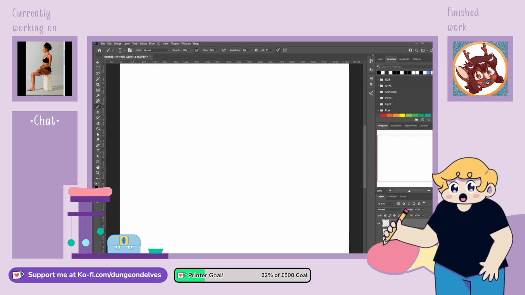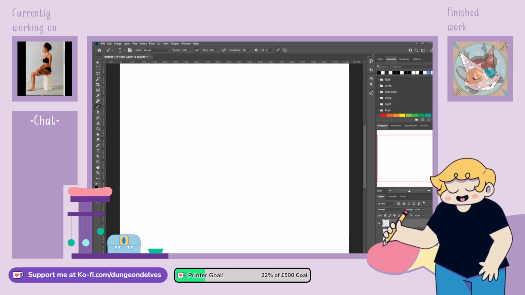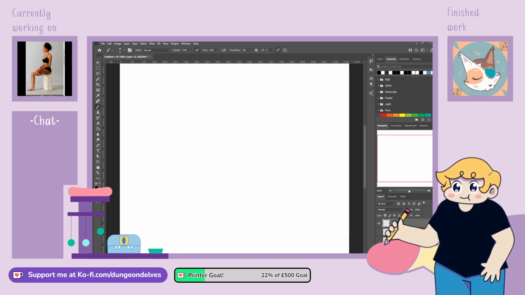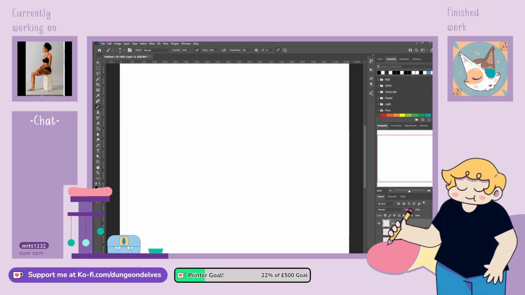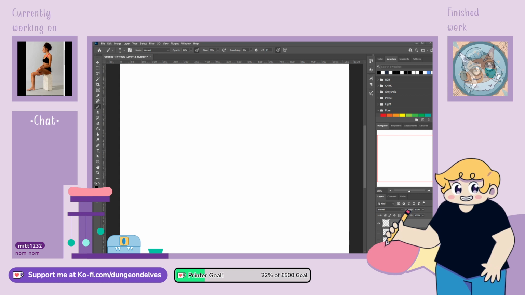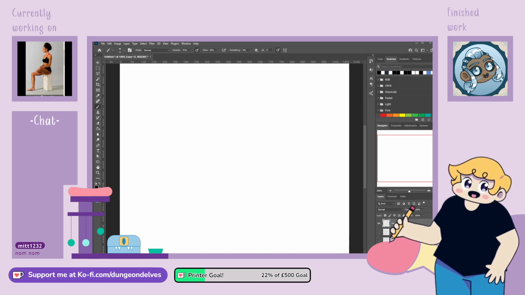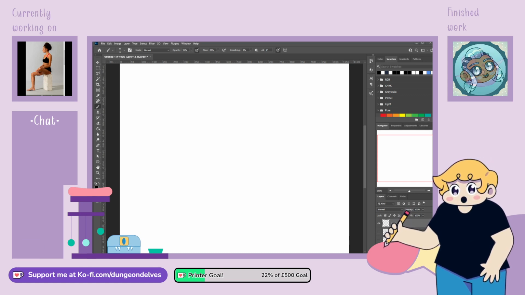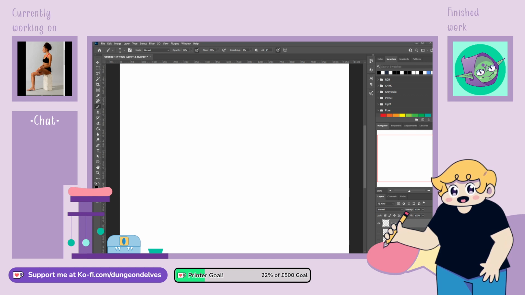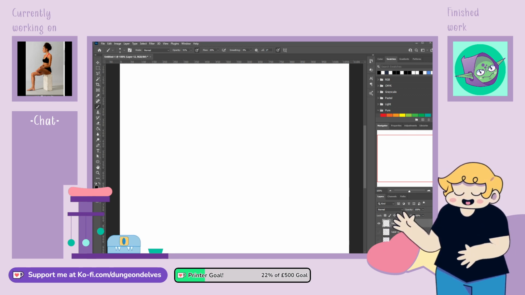I always like to just have a little bit of a shake between all of the different times. Okay, let's have a look at this before we start. I'm going to give myself that extra time to just observe. That's a really interesting leg angle. I kind of wish I had more than 10 minutes on that, because I'm going to have a struggle.